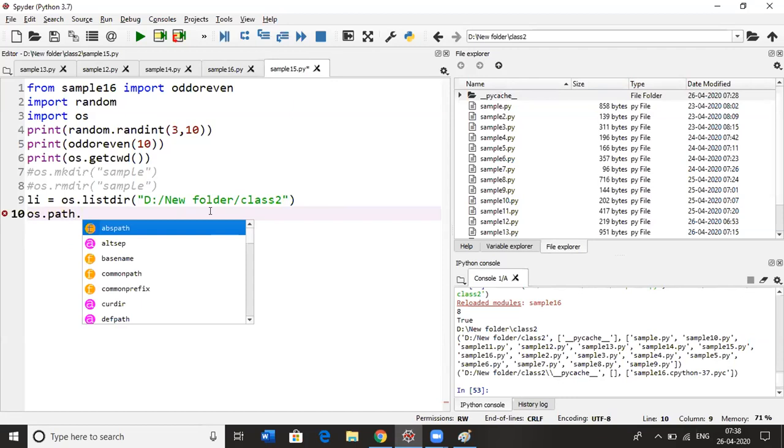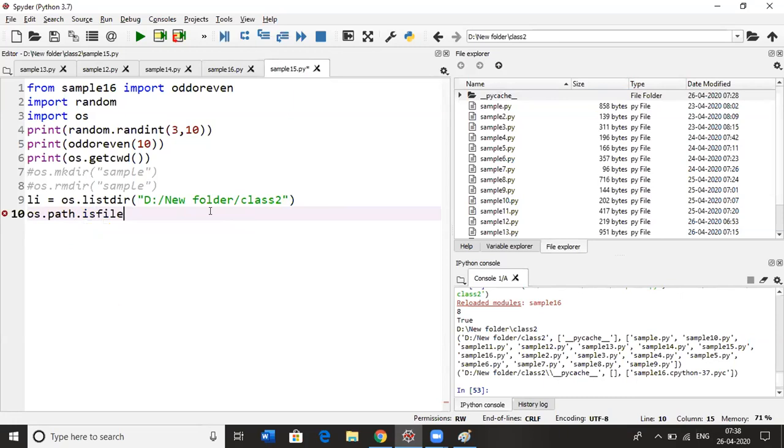and we have isfile. This will check whether the given path is a file. I'm going to give this path.